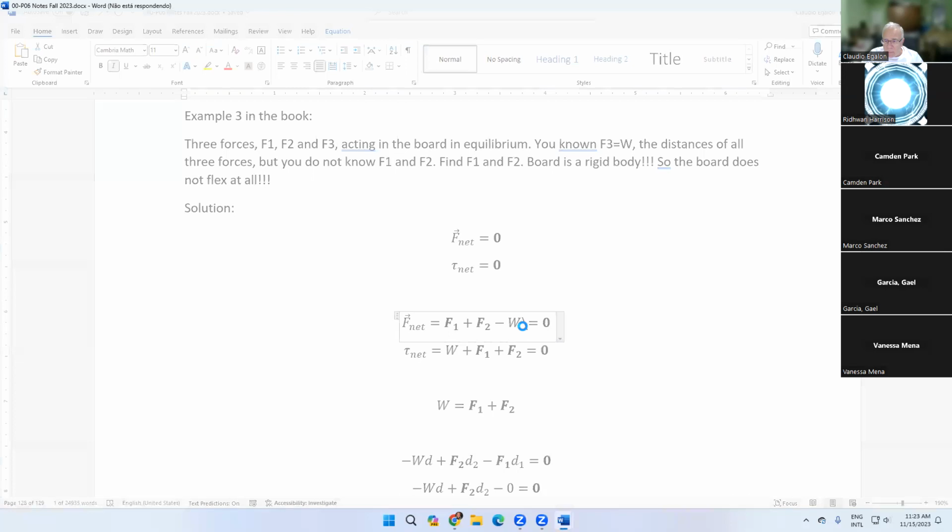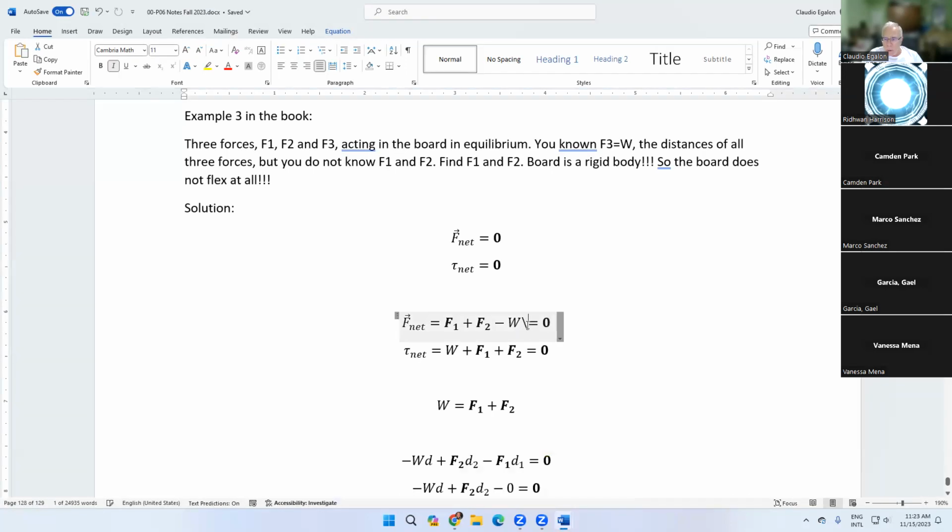See, Word is very slow. Let's see if okay, now it's working finally. And I'm gonna correct here. F3 is minus W. Okay, and then what I'm gonna do here, I'm going to write down torque of 1, torque of 2,